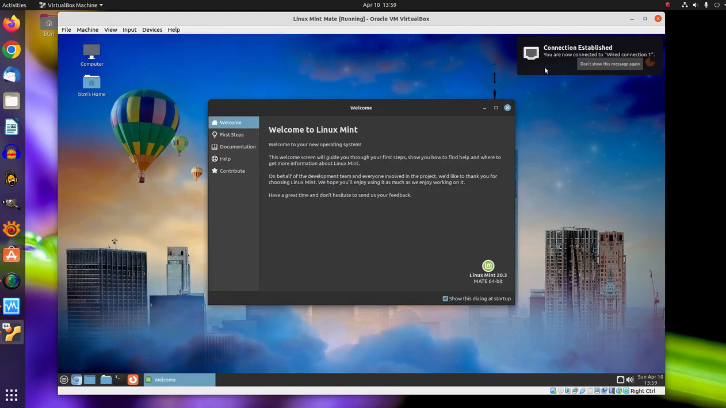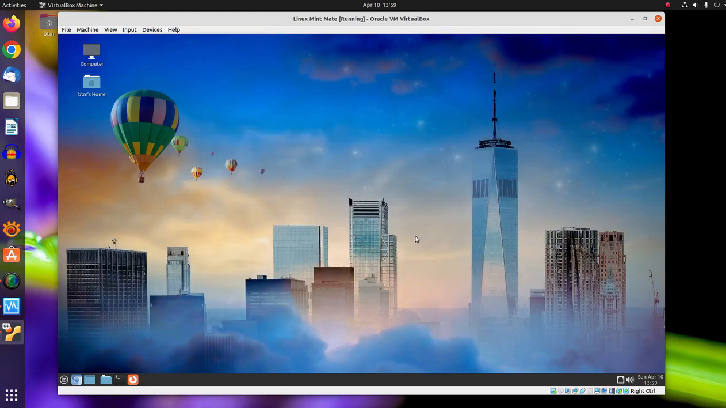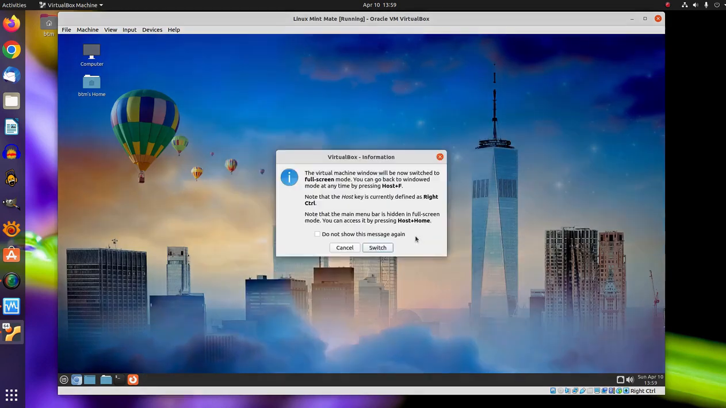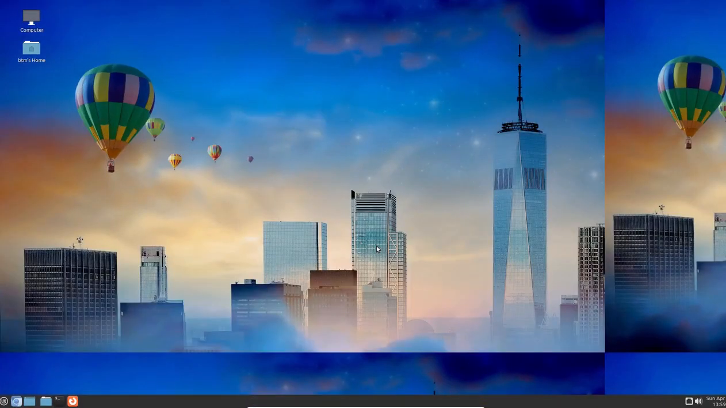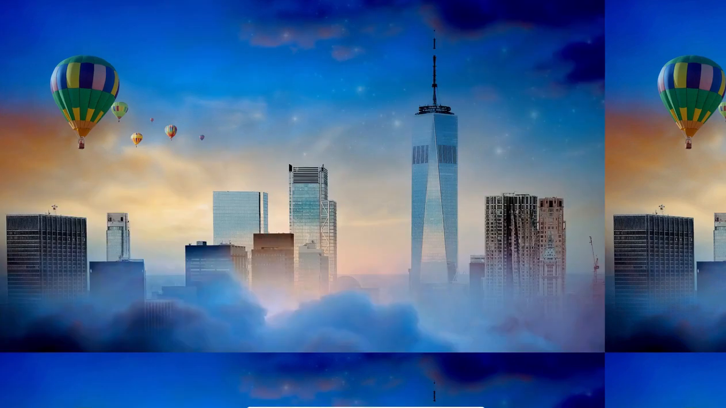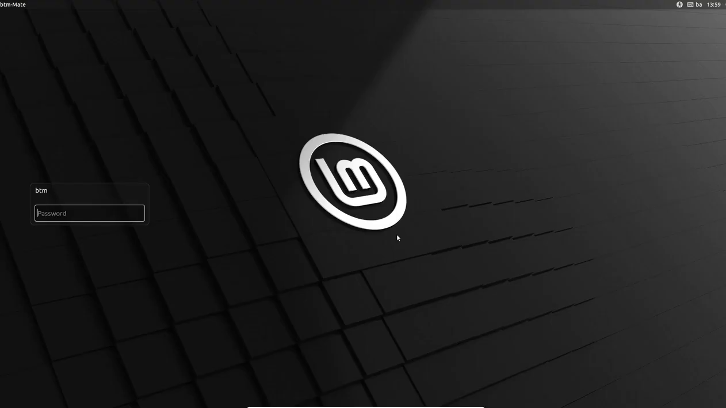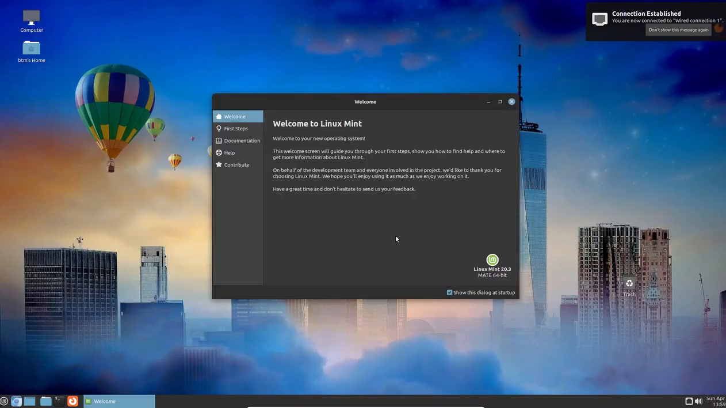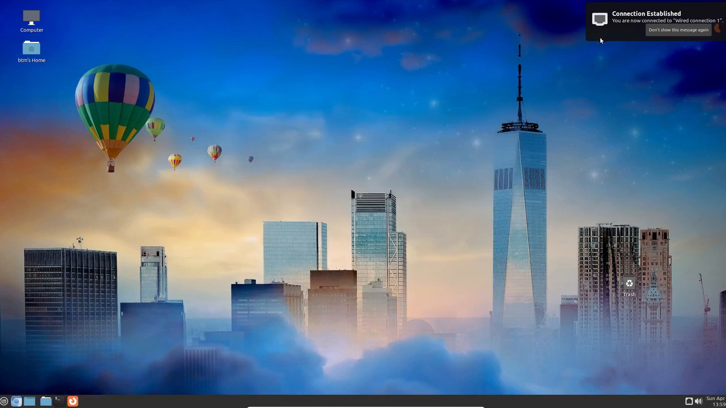We have an issue with this particular virtual machine. When you make it full screen, you'll see it tears the screen, and there's a small trick. You just need to log out of the system, and when you log back in, everything is fine. If you know the solution and what we should do about this, tell us in the comment